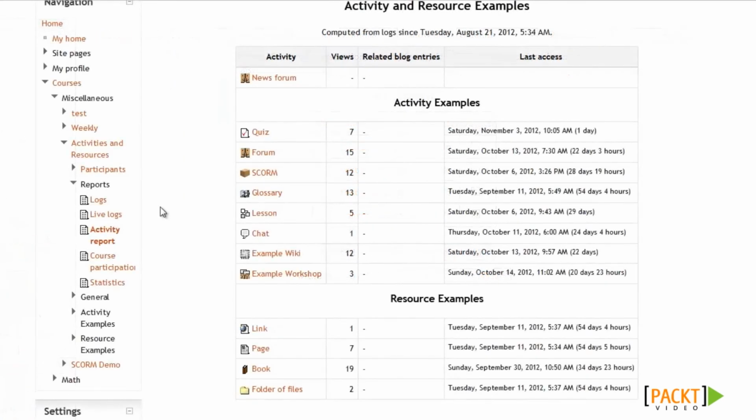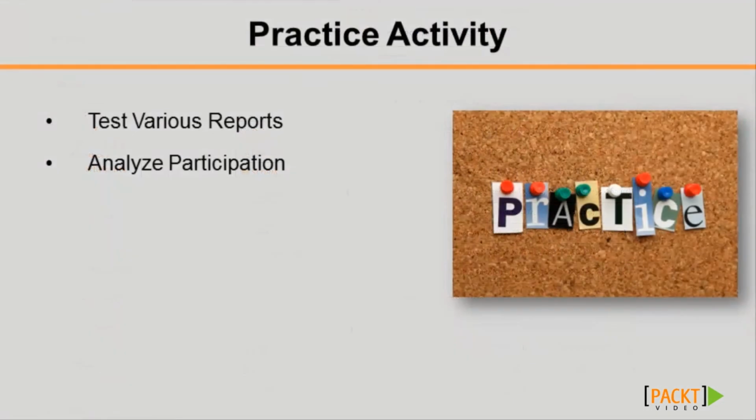And that's about it for running activity reports to see who's participating in your courses. Okay, time for a little practice. Get to know more about the reports available to you by practicing with a few reports. Make sure to check out the activity reports, and the logs in particular, to see who's